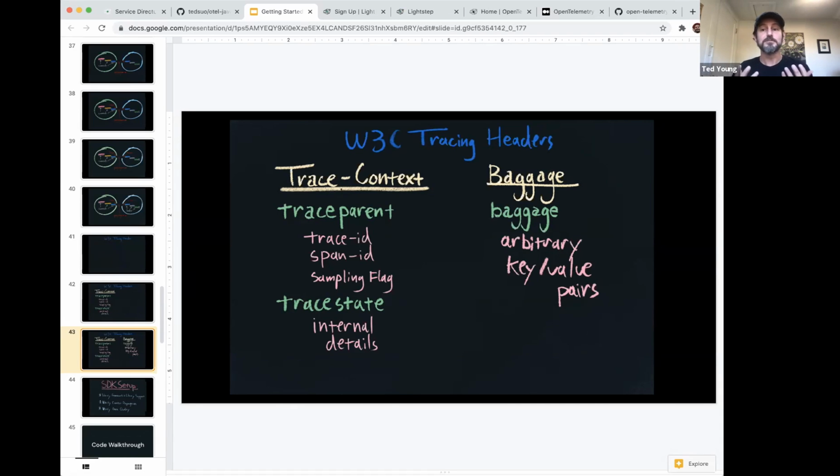You could also potentially use baggage for non-observability things, such as feature flagging or A/B testing in a distributed system, being able to know whether you're on the A side or the B side, some information that you could flow through with baggage. You could potentially use it for authentication.